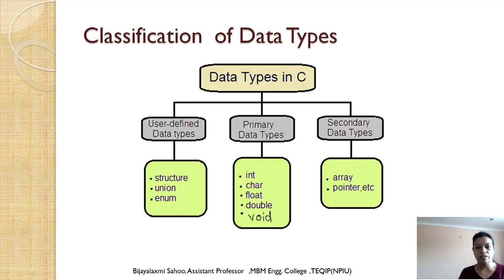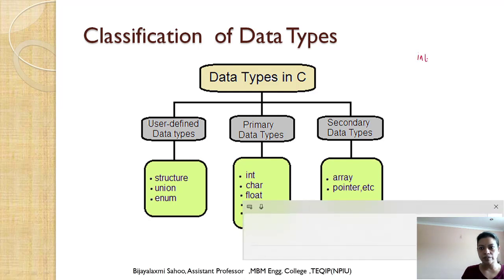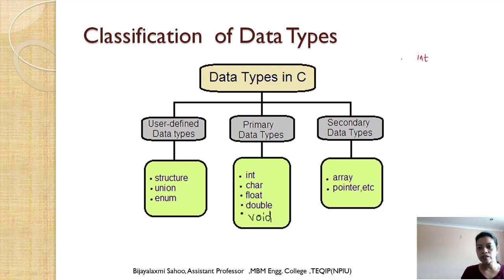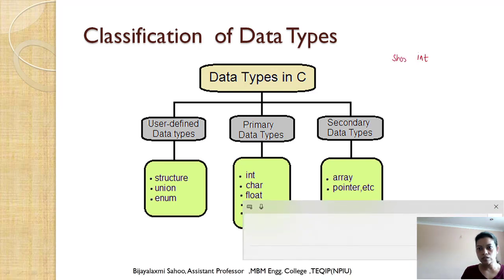So let us focus over here, as these are the basic data types. In basic data types, we write one of the data types as integer. As the modifier is used as a prefix before integer, I can write short integer, I can write long integer, I can write signed integer, I can write unsigned integer too. These are the modifiers which are used along with the basic data type, that is integer.